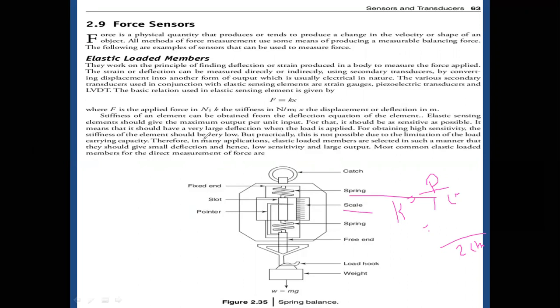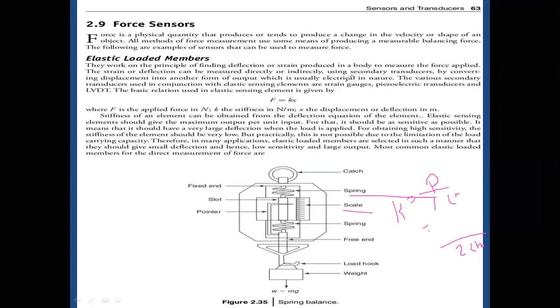So elements should give the maximum output per unit. For that, it should be as sensitive as possible. The stiffness of the element should be very low, and practically this is not possible due to the limitation of the load carrying capacity. Therefore, in many applications, the elastic loaded members are selected in such a manner that they give small deflection and hence low sensitivity and larger output. The most common elastic loaded members for the direct measurement of force are